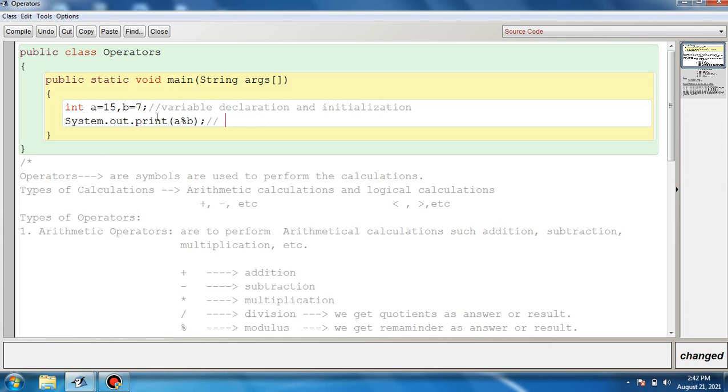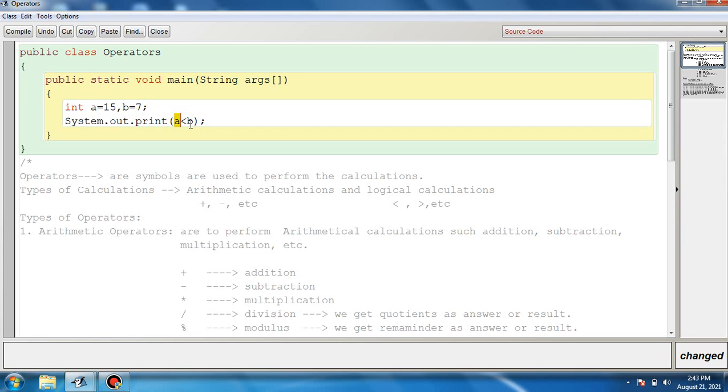Let us discuss this. The variables are the same and the values are also the same. Let me delete this comment. Here, first we will use the less than symbol, a relational operator. A is less than B. The value stored in A is 15; we have assigned 15 to A, and B stores 7.